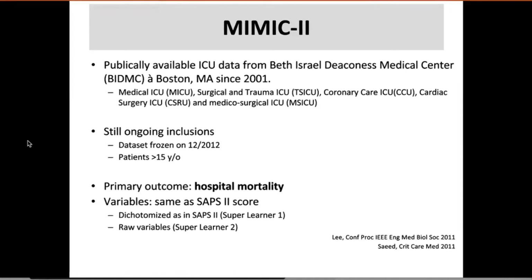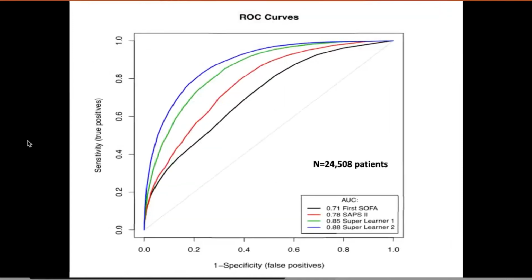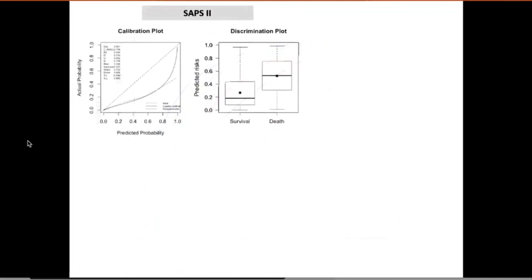Next slide. And so the first nice result, although it was not the primary one we're focusing on, was that discrimination was improved as compared to the SAPS-2 score, and to also another score that we're testing here, which is called the SOFA score, which is also a pretty old score. Next slide. But the most interesting part here is that when looking at the calibration, first we're able to reproduce the results that were published multiple times about the poor calibration of the SAPS-2 score, consistently over calibrating, or over predicting, I should say, mortality. Next slide.